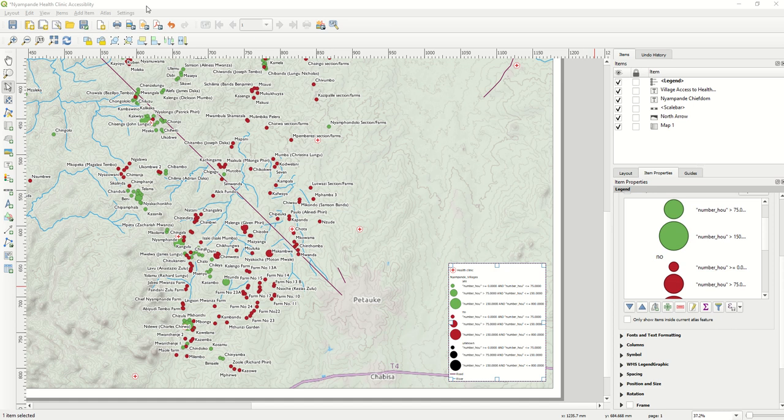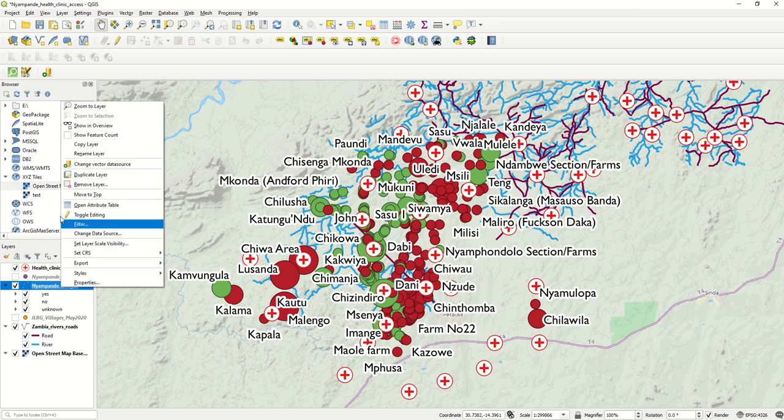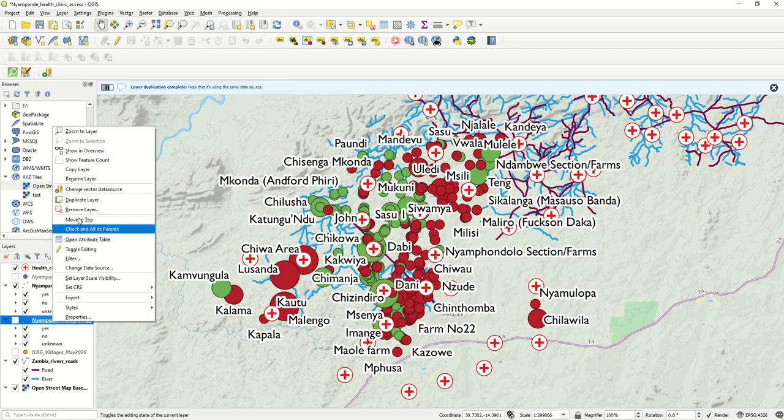Essentially, what we're going to do here is change this layer on the original map, on the original QGIS document. So I went back to the QGIS document, and we are going to copy this twice so we can set it in our legend to the way we would like. So let's hit duplicate once and